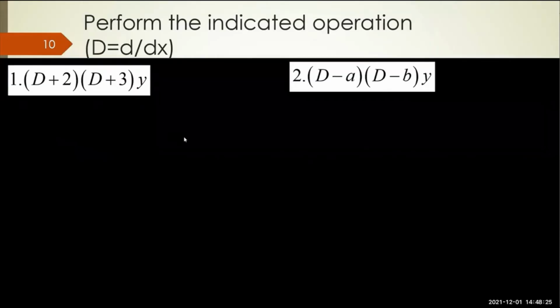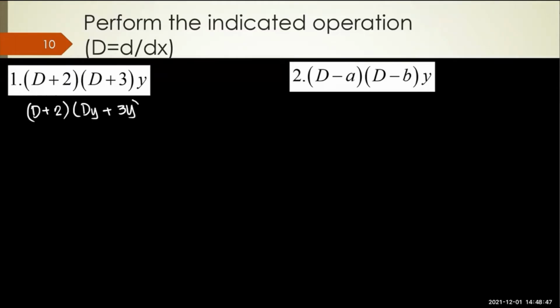So here, let's try this. You already see that there's y outside. So take note that D is actually the differential operator, d with respect to x. So I can say here that D plus 2, if I want to distribute, this becomes the derivative of y plus 3y, right? And then what I do is I use the distributive property. So derivative, and then there's another derivative. I can say that's the second derivative with respect to y. And then derivative of